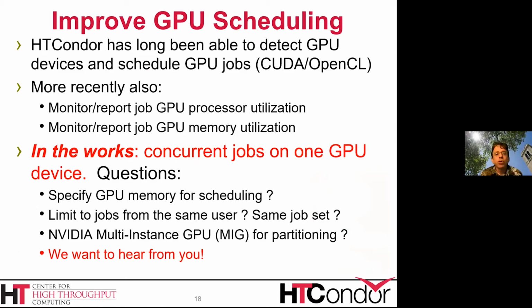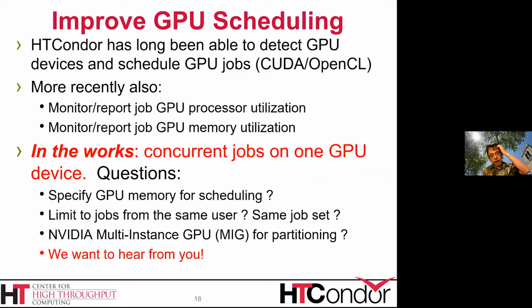We want to work on improving our GPU scheduling. So HTCondor has long been able to detect and schedule GPU jobs using CUDA or OpenCL. More recently, HTCondor is able to monitor and report both job GPU processor utilization and GPU memory utilization back into the job ad. And currently in the works is the ability to run concurrent jobs on one GPU device,